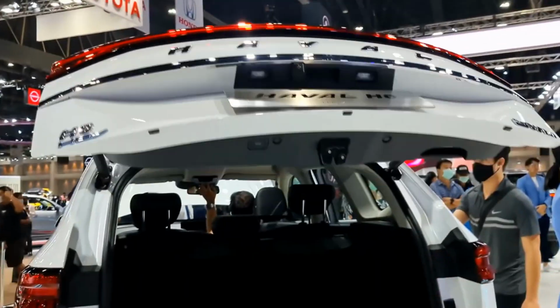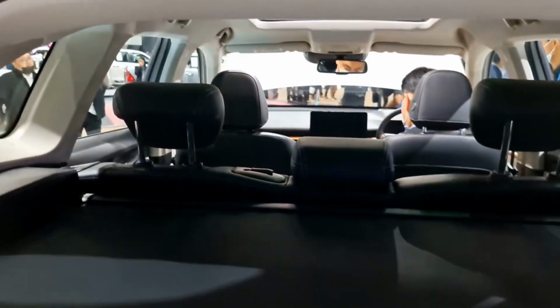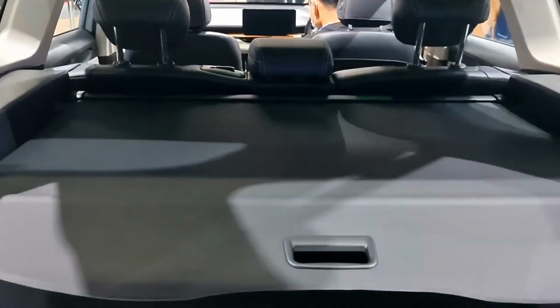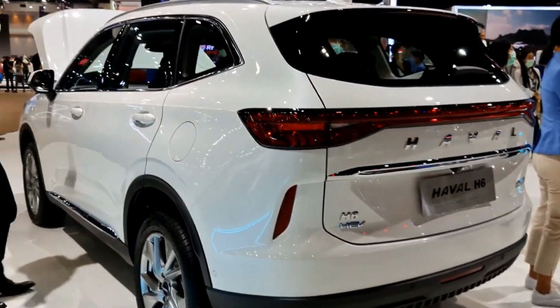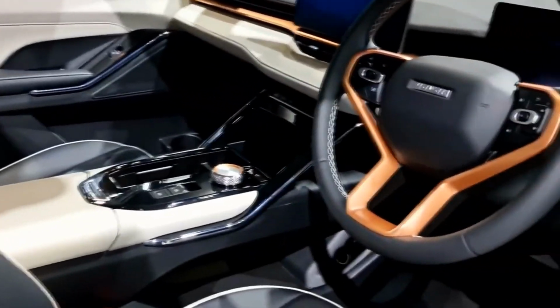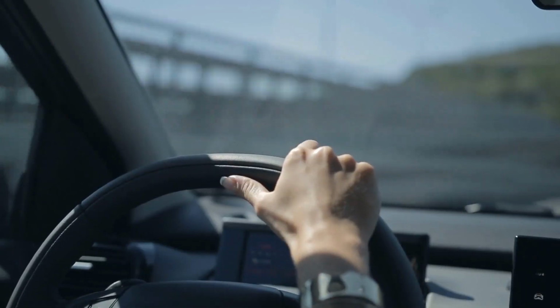The entry-level H6 Premium costs $30,990 drive away. The mid-spec H6 Lux costs $33,990 drive away, and the top-spec H6 Ultra costs $36,990 drive away. The same 2.0-liter turbo petrol engine produces 150 kilowatts and 320 Nm and drives the front wheels